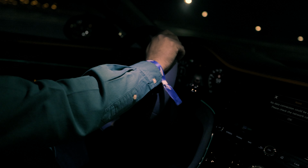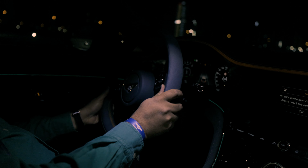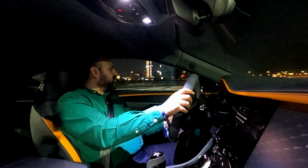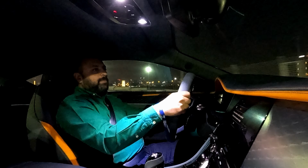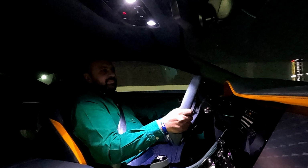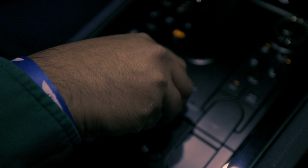So all the technology that they've packed into this car comes into play here. We are still taking it easy because this is not a helmeted drive. So we're not pushing the car completely to its limits. But hey, when they send it to us for a test drive, we move the car now to sports mode